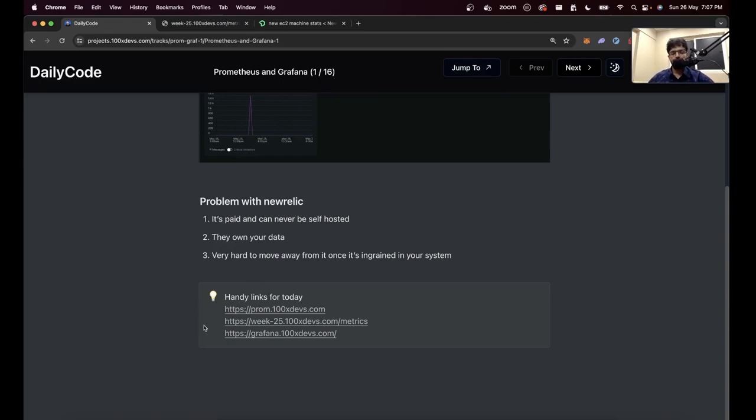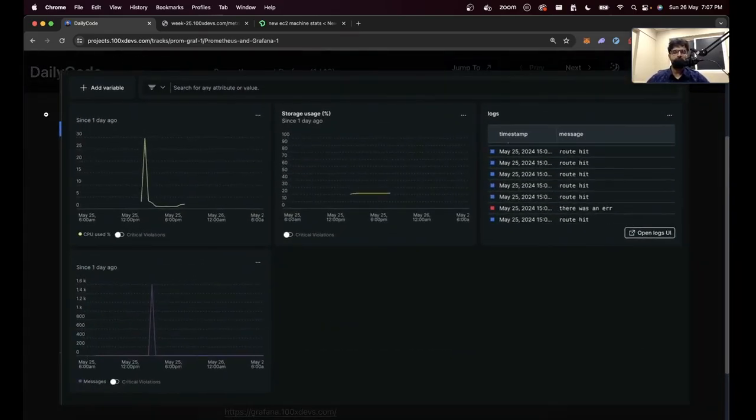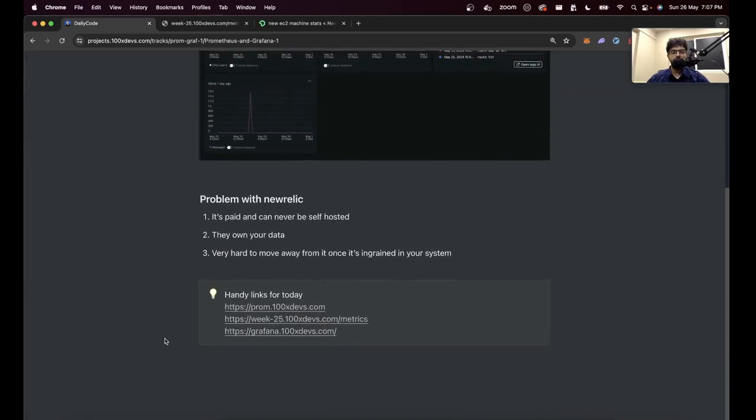So hence there are open source alternatives like these. Now you should pick and choose which you want to do. If you're early, if money doesn't matter to you, you should go with something like this only, easier to get off the ground. What we are learning today though is, number one, open source. And since it is open source, there are a lot of tools that are built on top of these open source libraries. For example,